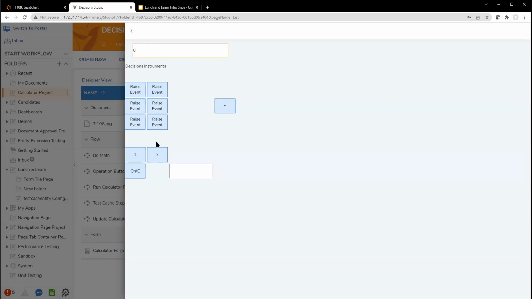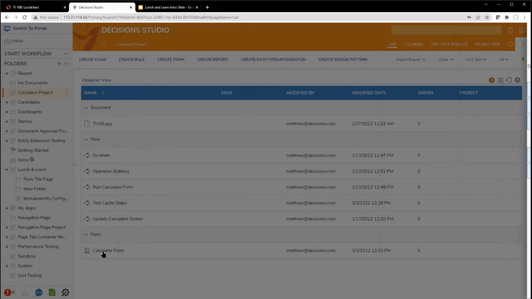I do know that in my active form flow, it's cached both the number that I typed in as well as the operator that I clicked. So if I had to put plus or if I put minus, it stored which button I actually clicked. So let me open up that calculator form